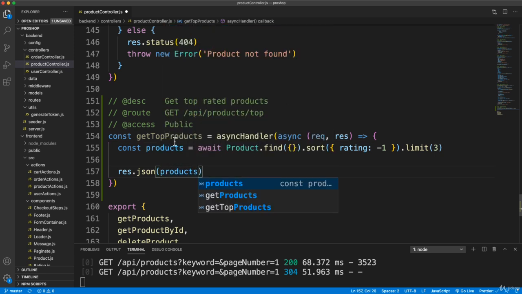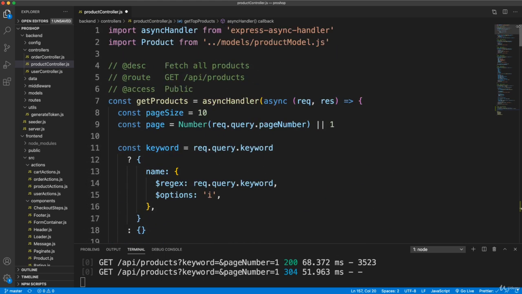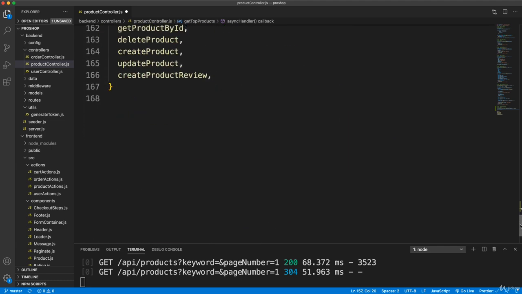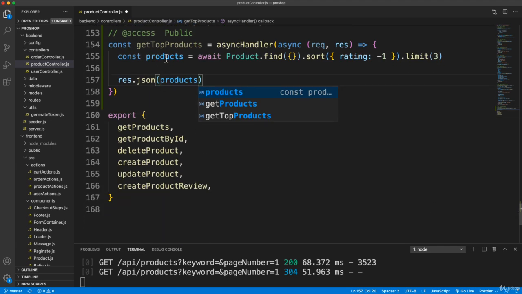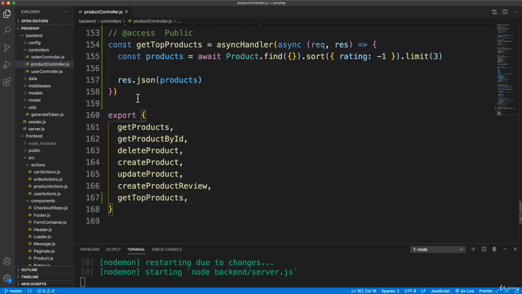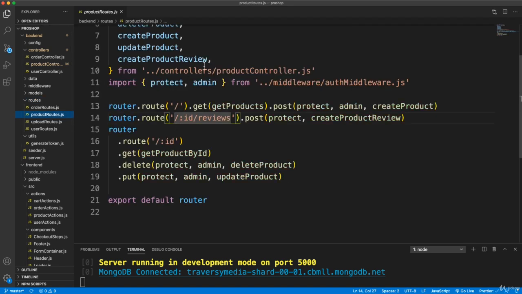Now we could edit just the get products function if we want, just to take in an extra param or whatever, but I'm just going to have a different route because I don't want to muck up this get products too much. We're already dealing with the page size and the keyword, so I think that this will just keep it more simple. So let's go ahead and export get top products. We can close that and go into our product routes. And let's bring that in,